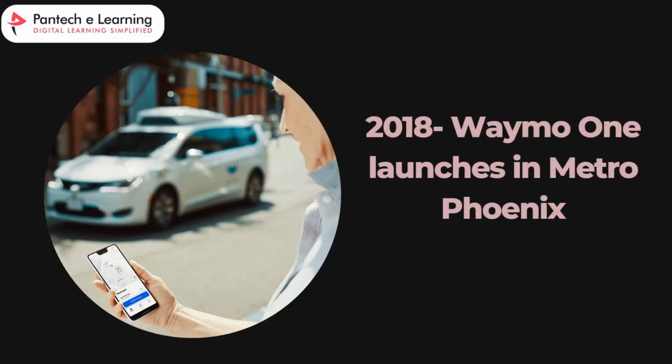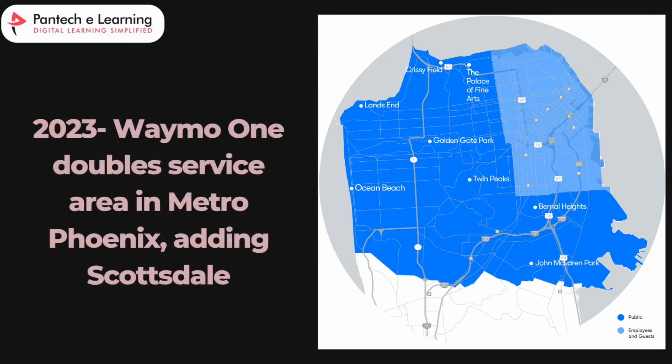So in 2018, they introduced Waymo One, the very first self-driving taxi service in Metro Phoenix. These vehicles are specially designed to work seamlessly with the Waymo Driver. In 2023, they expanded Waymo One even more, joining up downtown Phoenix and the East Valley in Arizona. They also added some self-driving taxi services in that country.